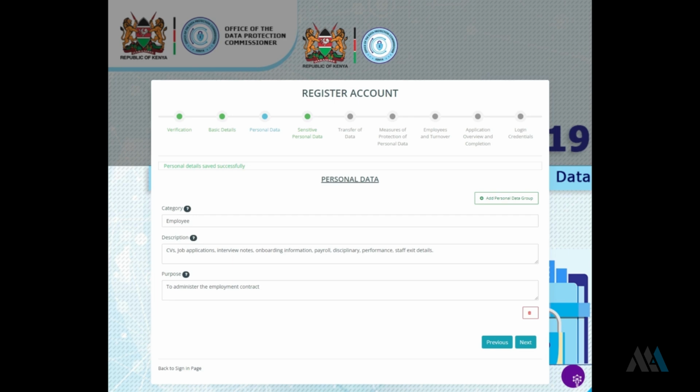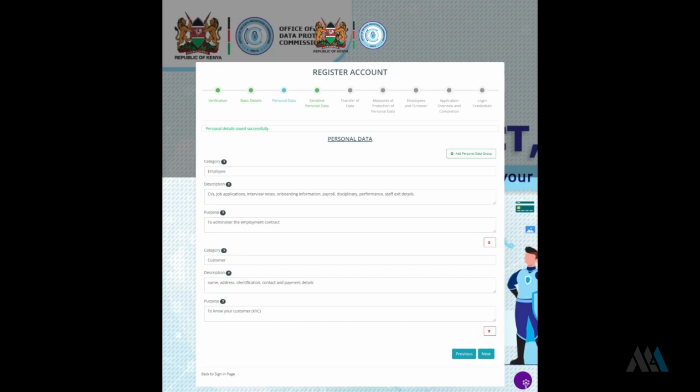The types of employee data that can be processed are things like CVs, job applications, interview notes, onboarding information, payroll, disciplinary, performance, and staff exit details. You go ahead and add Personal Data Group. When you click on Add Personal Data Group, another section of Category of Description and Purpose will pop up on